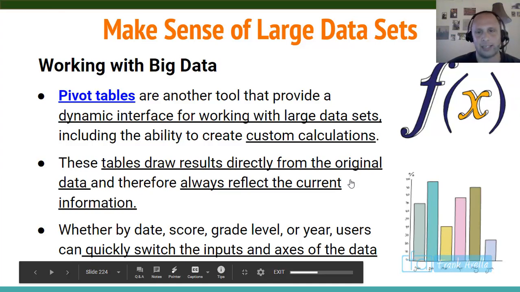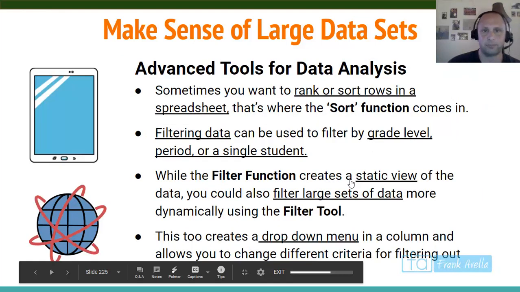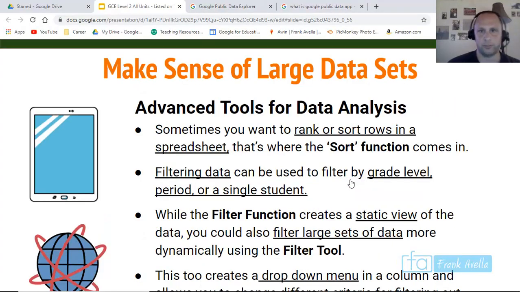So it's like you want to keep these pivot tables, and then you can insert data for maybe one class or for one thing and another, and kind of keep it set the way it is. Now again, I hate that I have to keep saying this, but this is a lot of complicated stuff. The best way is to watch that video. Now, advanced tools for data analysis. Let me go back to it. I just want to show you something else